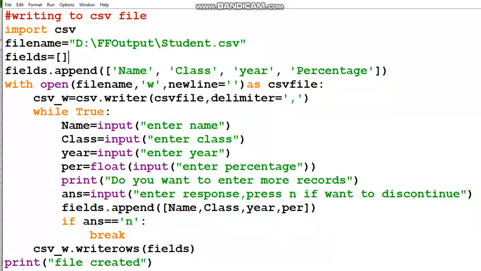If you have OpenOffice Calc, or I'm using MS Excel, so I have opened it with MS Excel, or you can open it with any software supporting the CSV format and maintaining the record type of structure, like a database. There you can open this file.